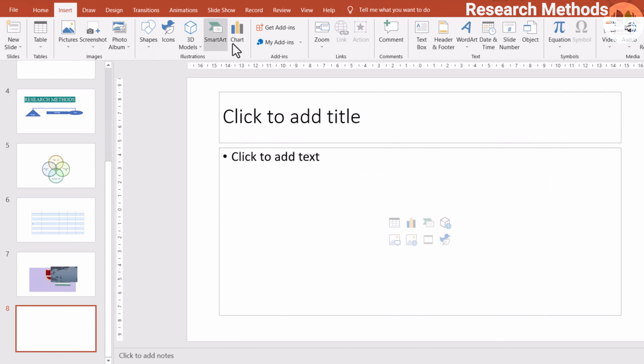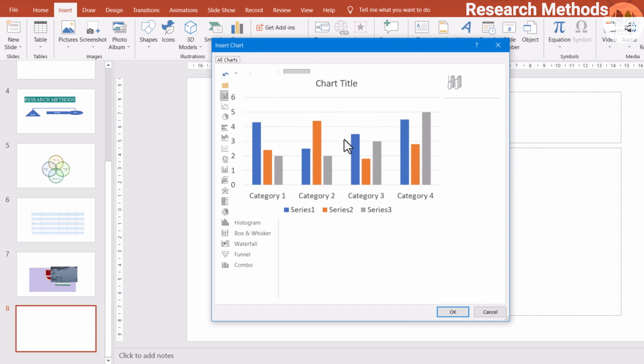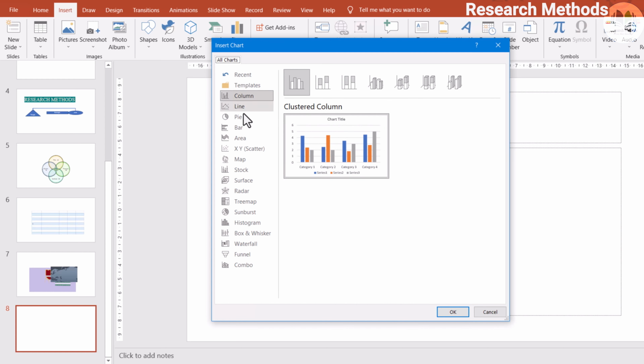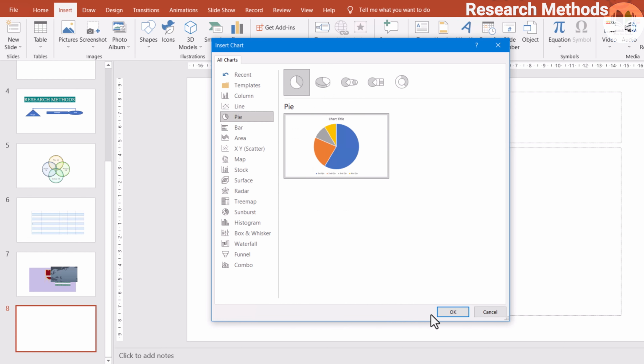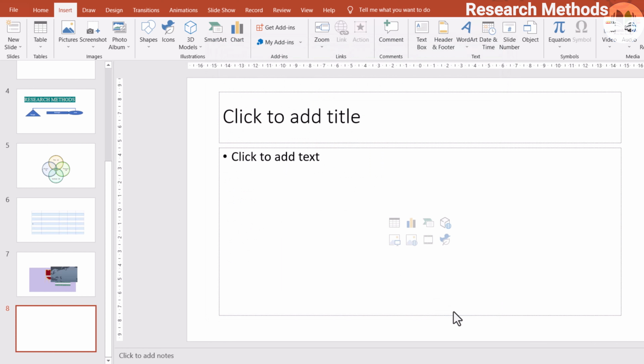Chart, already, the word ላይ እንዳየነው ነው። Just click chart and even you can insert a very simple one. For example, you can insert this one. Okay,